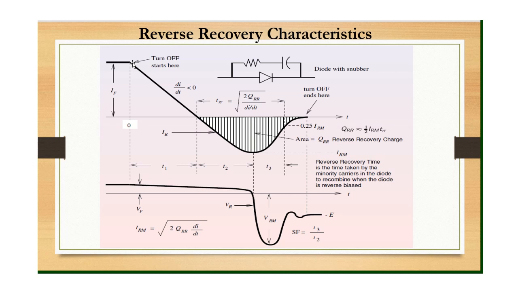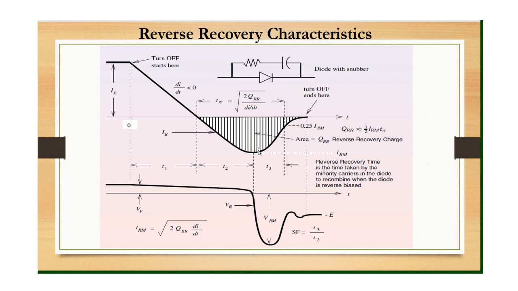So the current in the reverse condition starts increasing. Even after it crosses 0, there is still reverse direction flow of current, which we call reverse current. At t equal to t2, this reverse current reaches the value IRR, the peak reverse recovery current. So at t equal to t2, it reaches its maximum value, alright. And observe the voltage: the diode voltage starts to reverse here.